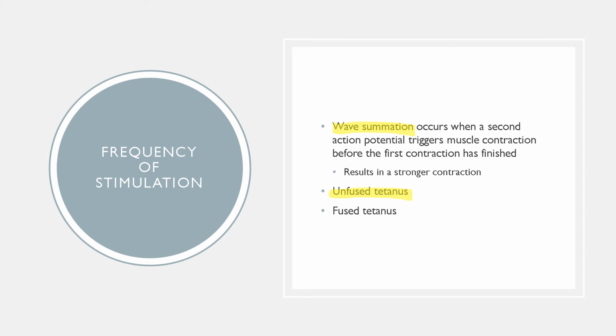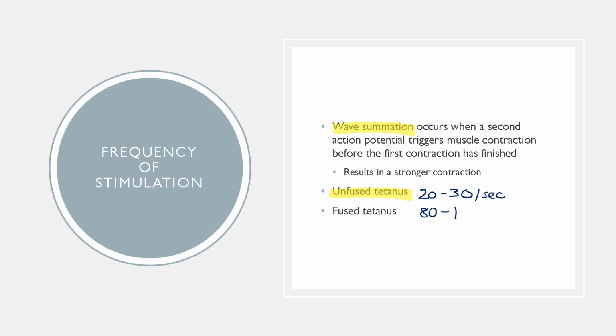So this is when we get stimulation of like 20 to 30 stimulations per second in skeletal muscle. You get kind of like a sustained contraction, but it kind of wavers, so it's not a complete contraction all the time. It's a wavering contraction. Now, when a skeletal muscle fiber is stimulated at a higher rate,